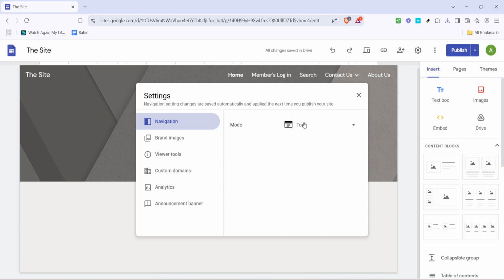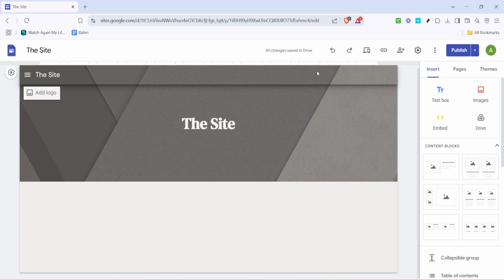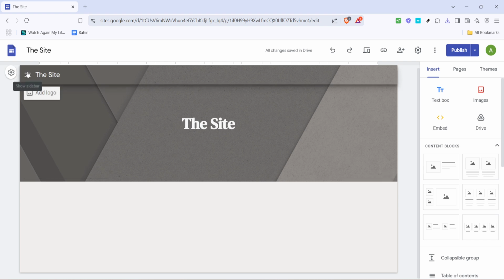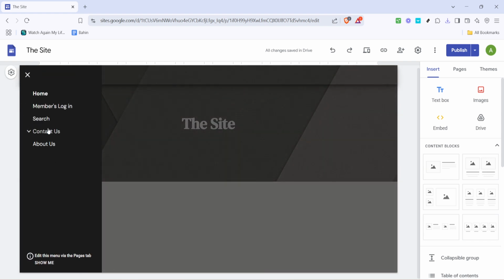Now for the sidebar, you'll want to select the Side option. Click on it and instantly your site will reconfigure to move the navigation bar to the side. You'll notice that it gives you extra space for more content vertically, providing a cleaner and more focused layout. A sidebar can be particularly beneficial for sites with numerous pages, as it allows visitors to easily scroll through more options in a compact space.